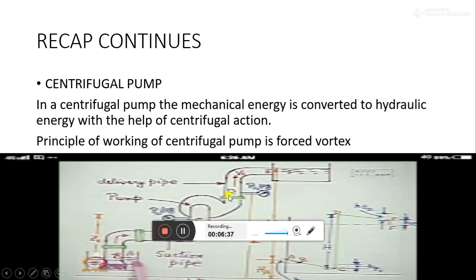Then our aim is to create a high pressure here so that the water can move from this point to this point, as here the pressure is atmospheric pressure and here the pressure is very high compared to this atmospheric pressure. So our aim was to create these 2 points. First, this point a low pressure region and this point a high pressure region compared to here. So this is what a pump does. I think you are clear now.